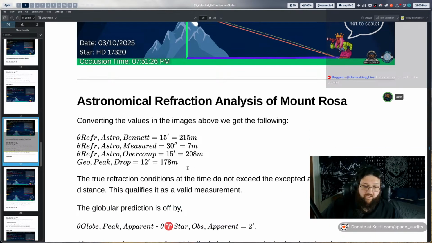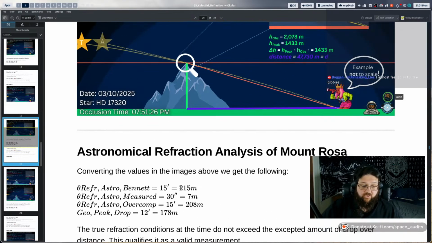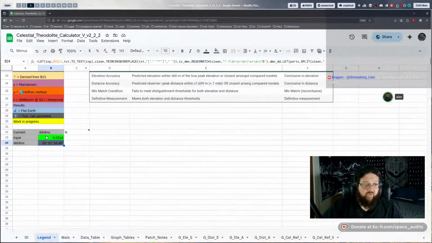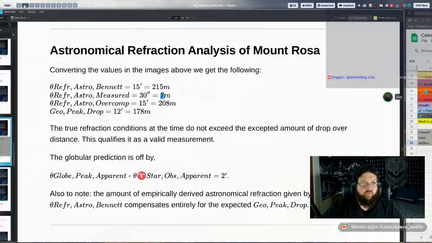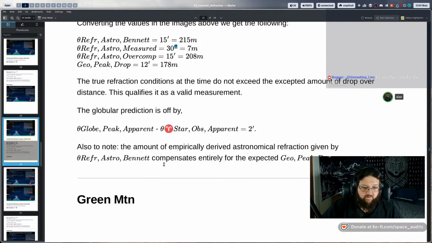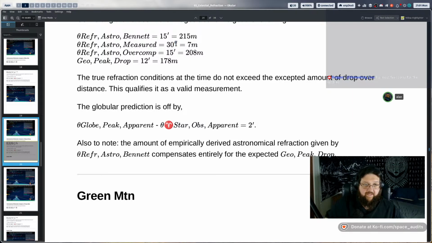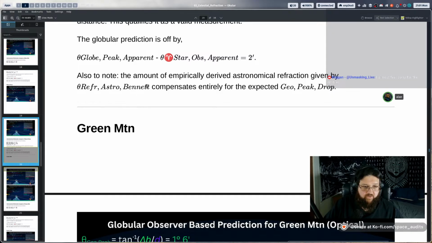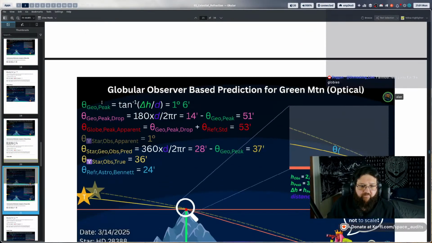So that's extremely significant because that shows that terrestrial refraction plays no part in the celestial and terrestrial occlusions. If it did, then the amount that we're off by, we could quantify it. We could directly link it back to the amount of terrestrial refraction. But it's not the case. It's not present. It's exactly off by that amount, which gave 30 arc seconds and not anything to do with the amount of terrestrial refraction of 2 arc minutes. Okay, cool. So that further supports our case for not including terrestrial refraction.